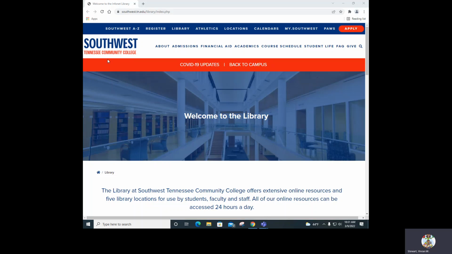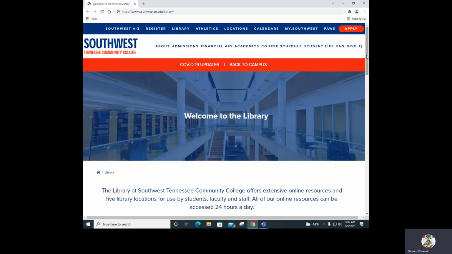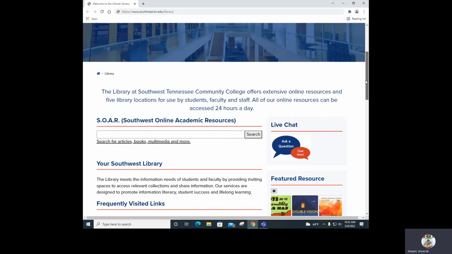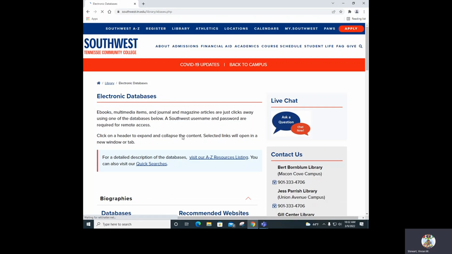So we're at the library's homepage, and just so that you'll see our address, let me simply highlight it here. So I am at www.southwest.tn.edu. On our website, I am simply using my mouse to scroll down. Under frequently visited links, I am selecting databases.